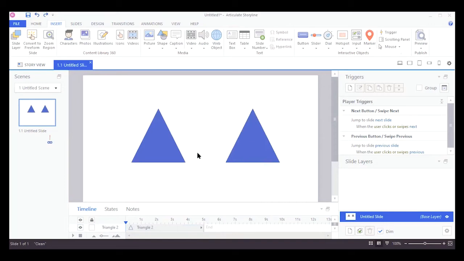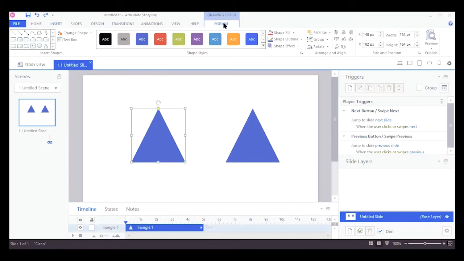So now we have two basic triangles, and we can change the color of these triangles so that we can see the difference when we apply different animations on them. For the first triangle, we have selected it and now we can go to the Format tab and give it a green color.